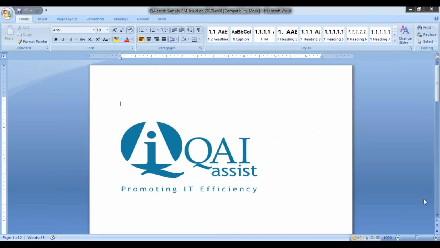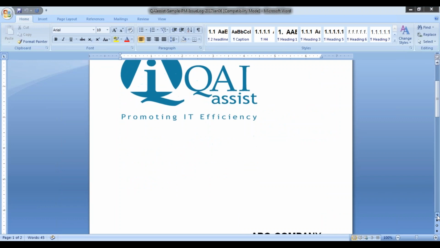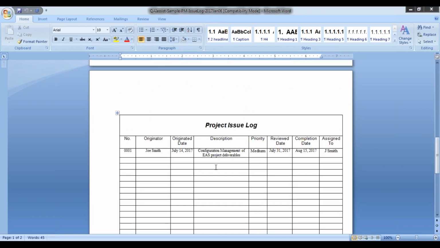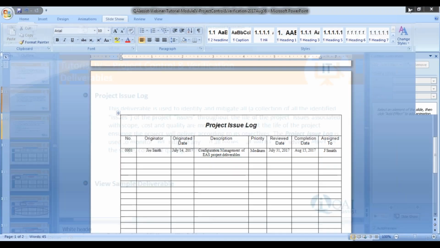Here's the issue log. Essentially, here's the first issue. Now, I haven't listed a whole bunch of issues for the project, but ultimately, at a snapshot, we're able to say, what is the issue? What's its number? Who's the originator? What's its description? When was it done? So at a snapshot, the project manager or one of the team members can say, oh, okay, well, what are the outstanding issues with the project?